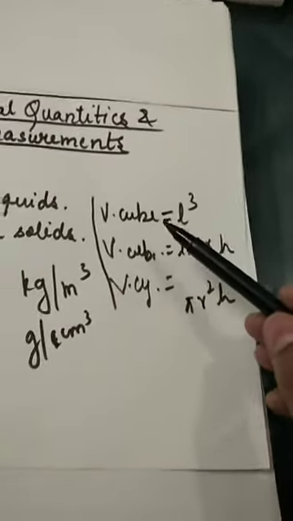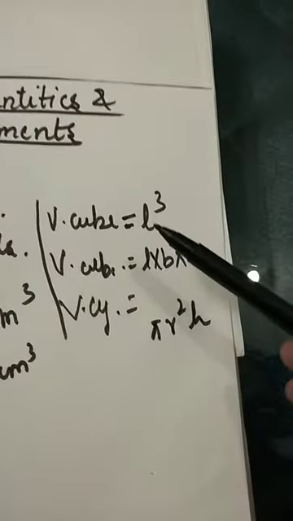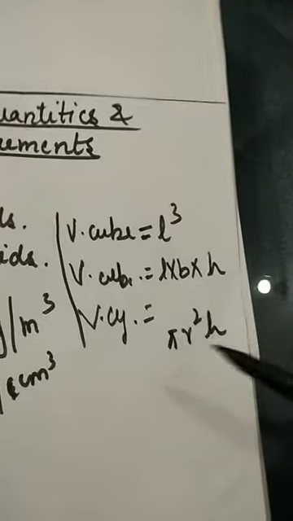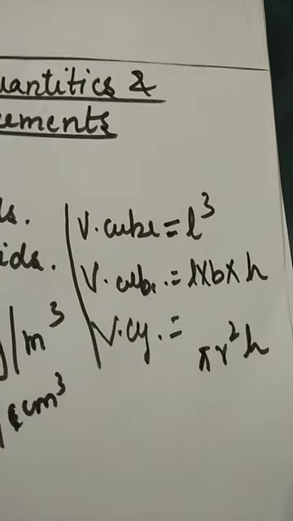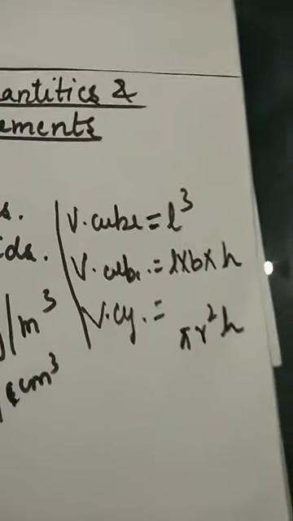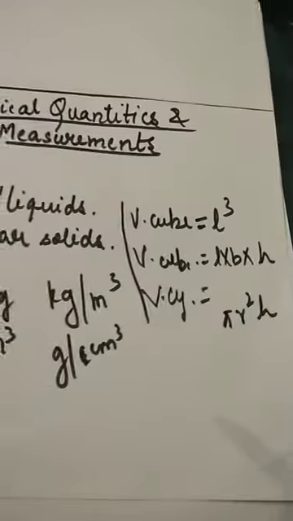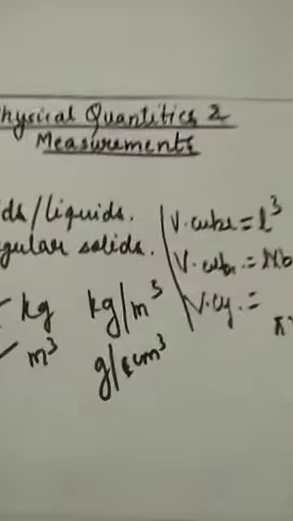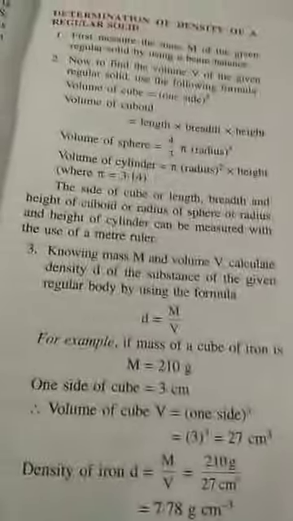So these are some examples of the measurement of some solid, regular solid objects. These are regular solid objects, and with this we can also find the density of these objects as per the requirement. And the density of liquids can be measured with the help of some measuring objects,